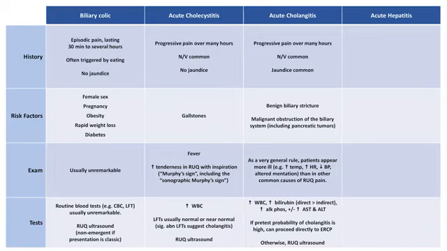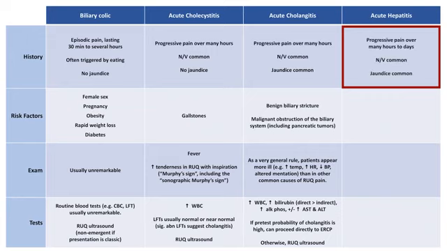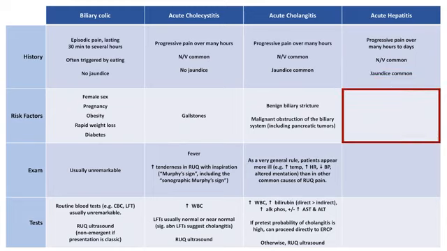And the last diagnosis to discuss is acute hepatitis, which is acute infection and/or inflammation of the liver. The symptoms of acute hepatitis can be similar to those of acute cholangitis, though in my experience, the onset is slightly more prolonged. Risk factors, or more appropriately, etiologies here, include hepatitis viruses, particularly A, alcohol, acetaminophen toxicity, and autoimmune hepatitis. There are many other causes of acute hepatitis, but these four cover the overwhelming majority in the US and